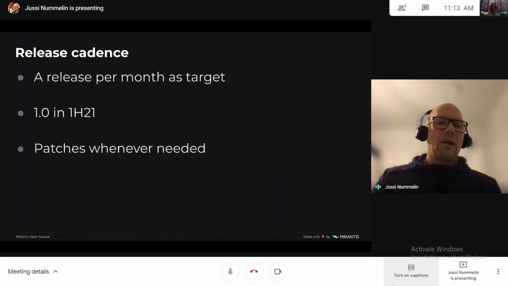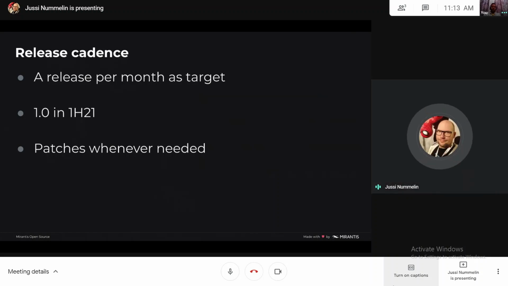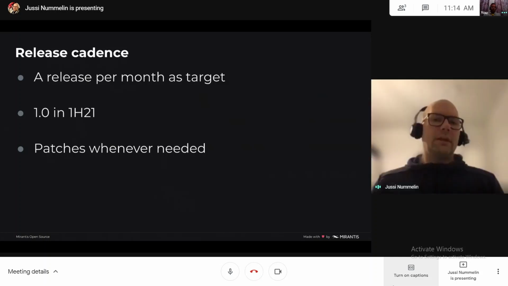We are hoping to get the 1.0 release out in the first half of the year. And then we of course do batch releases whenever needed, whenever there's a bug critical enough to be fixed quickly, or a bad CVE in some of the Kubernetes or other components, or things like that.